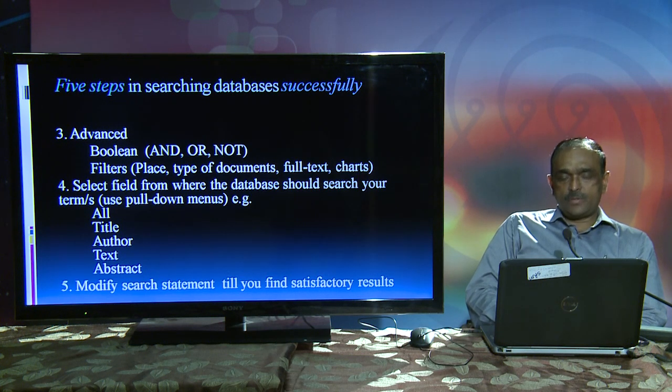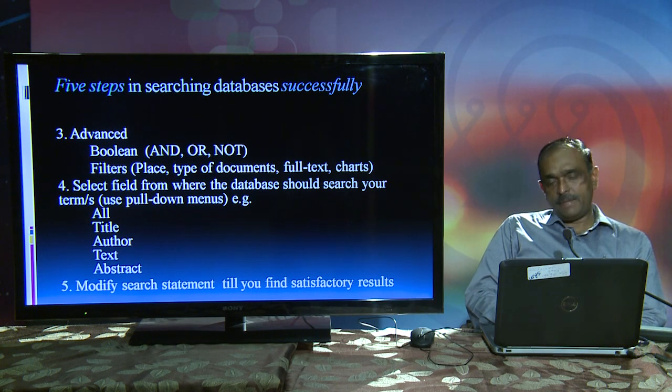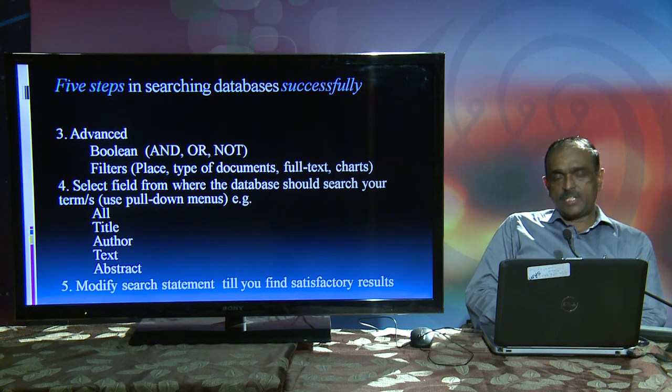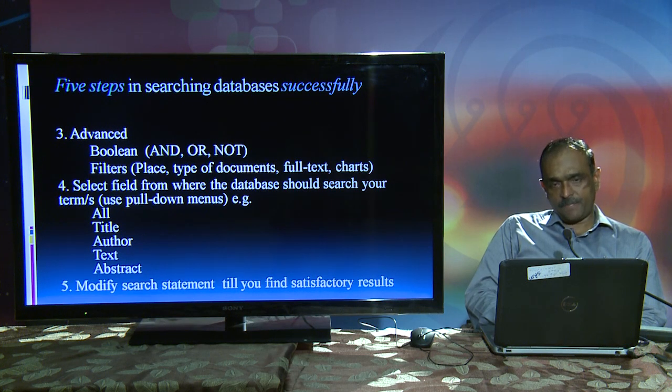Now, ideally it should be the most relevant literature, but if you are not happy with the retrieved literature, there is always scope for modifying your search strategy, your search statement. You can do this as many times as needed until you find appropriate, relevant, satisfactory retrieval from the databases.